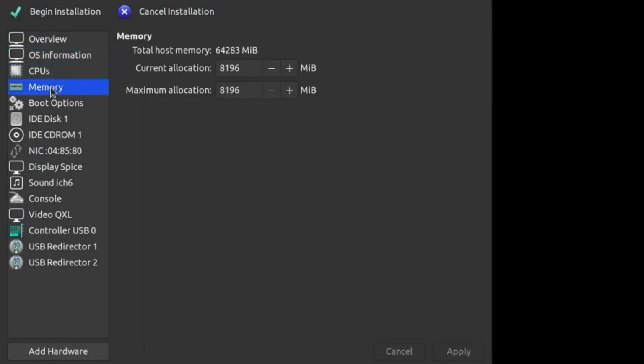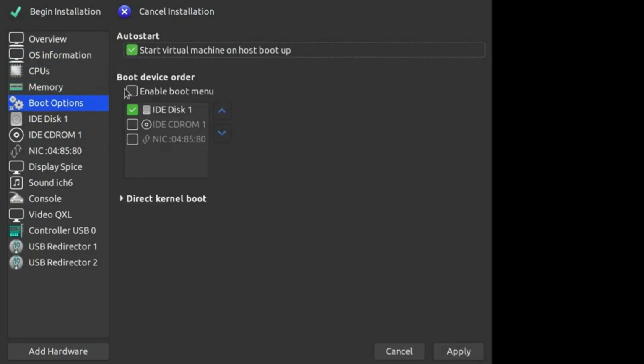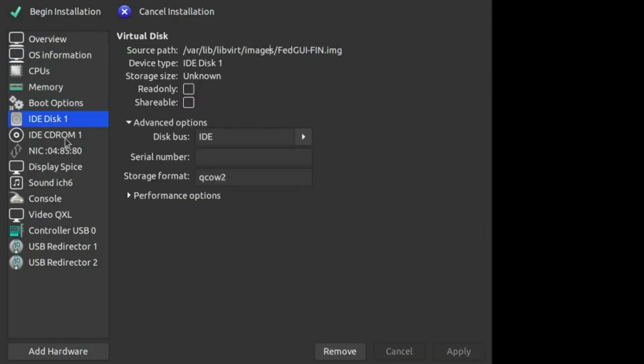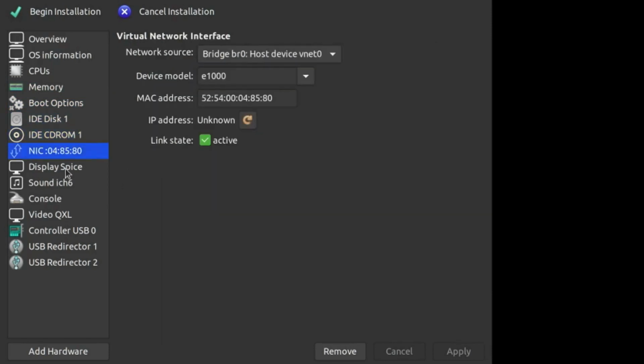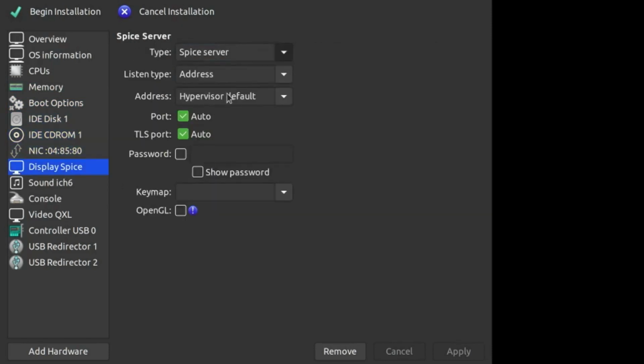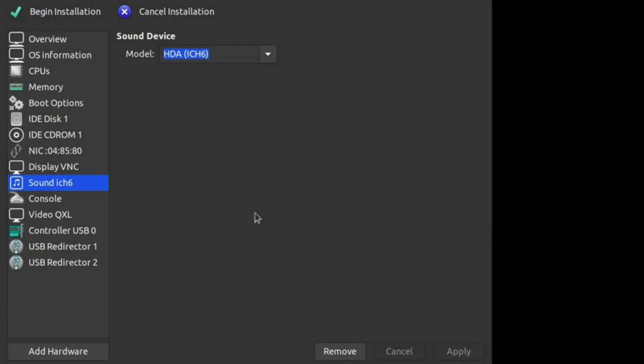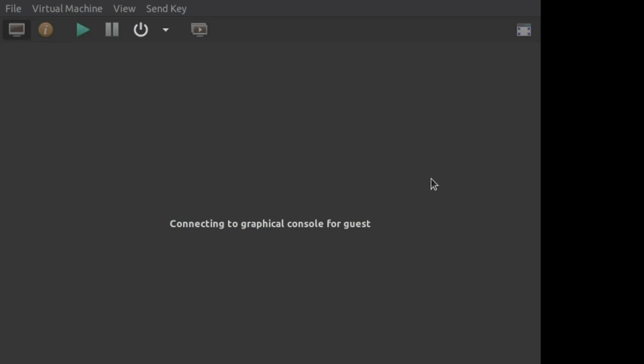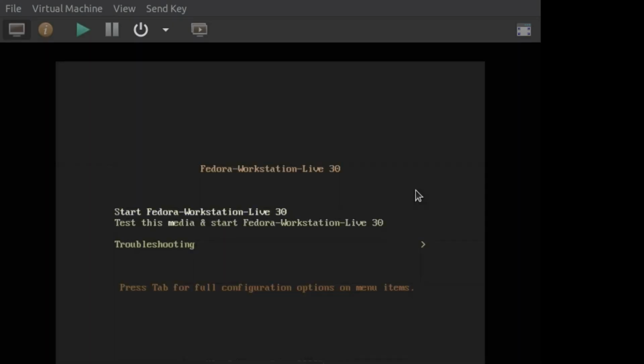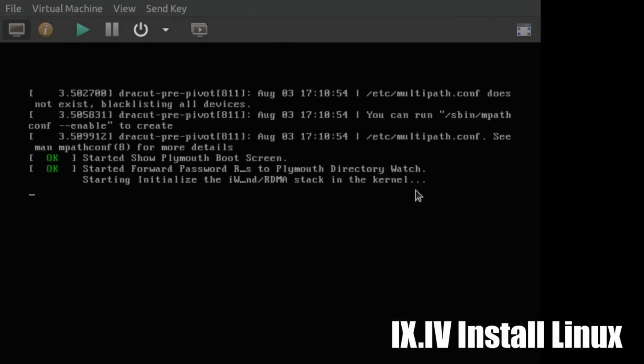We select the correct operating system. That's okay. Yeah, we want it to start up with a boot up. Yeah, fine. We don't want to use Spice, we want to use VNC, mostly because I don't have Spice installed. And I want to change this from QXL to VGA, because VGA doesn't require any hardware acceleration, and I think QXL does. And off we go, connecting to the virtual machine,